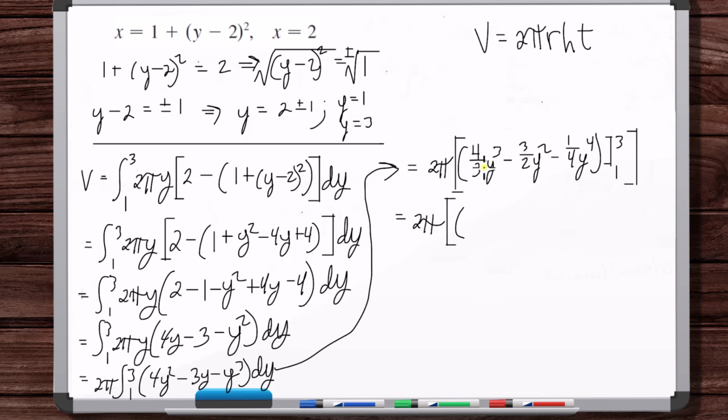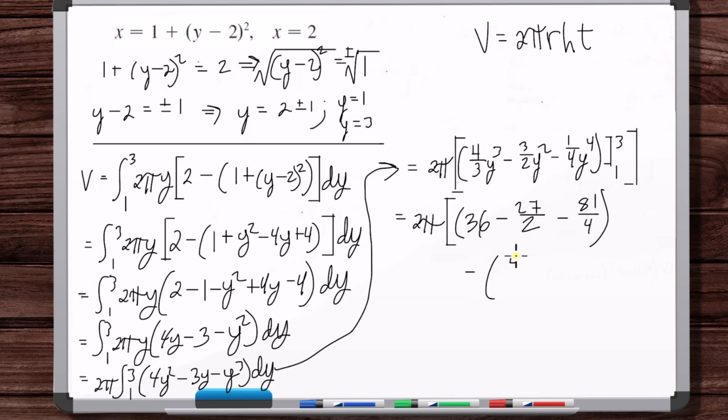Plugging in 3, it's 3 cubed. This cancels, so you've got 3 squared times 4. 9 times 4 is 36. All right, 3 squared is 9. 9 times 3 is 27, so 27 divided by 2. 3 to the 4th is 81, so 81 divided by 4. Minus,